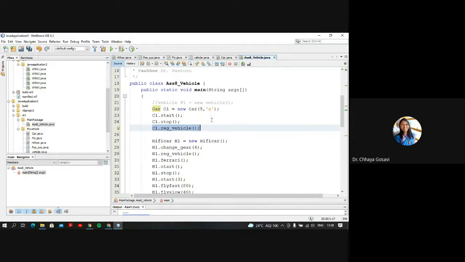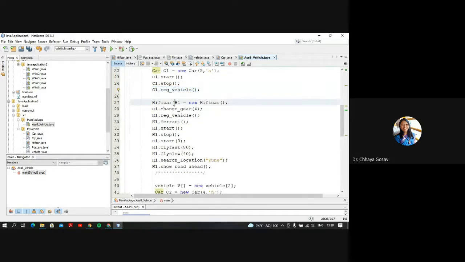Then I have created an object of the hi-fi car class, and I can call methods of the interface class, base class, and abstract class using h1. H1 is an object of the hi-fi car class. Change gear method, registration vehicle, Ferrari, start, stop, start with a parameter, fly fast, fly slow, search location, and show road ahead. So this is a very normal way to use the object itself to call the methods of that particular